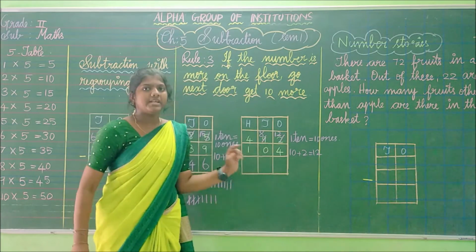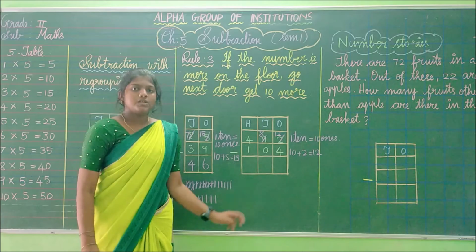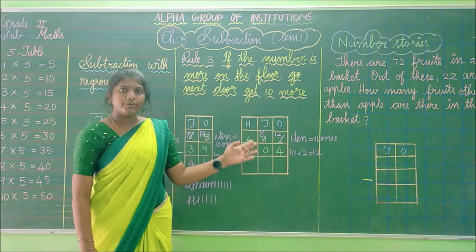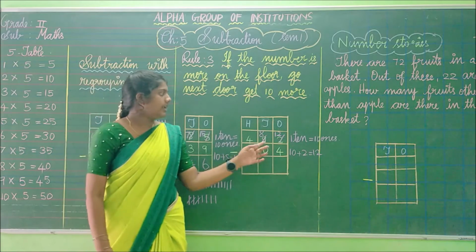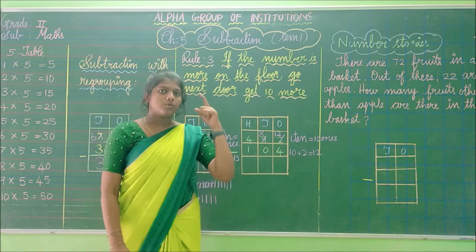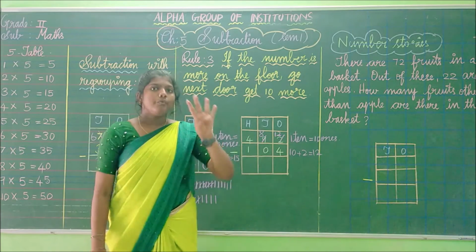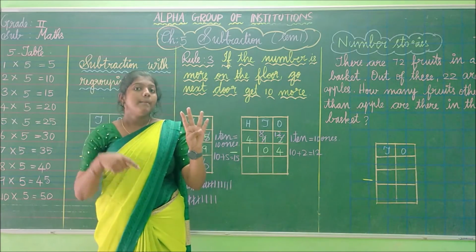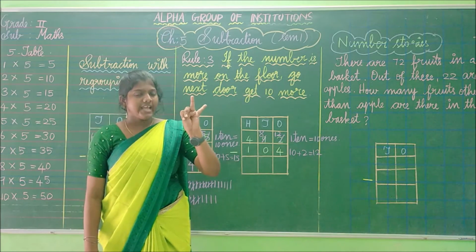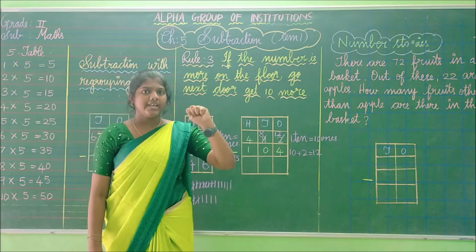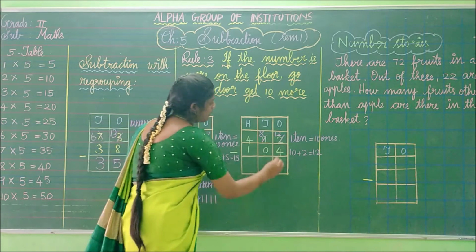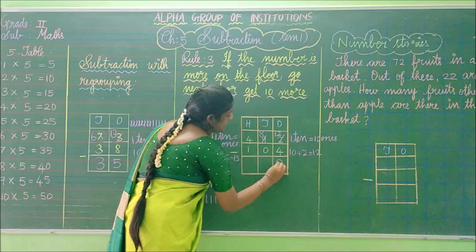So 12 minus 4 is, we have another method for subtraction. I am going to tell that method. Look here. First we have to keep 12 in the mind. Take 12 in the mind and 4 in the fingers. Before 12: 11, 10, 9, 8. So what answer did we get, children? 8. So I am going to write 8 here.